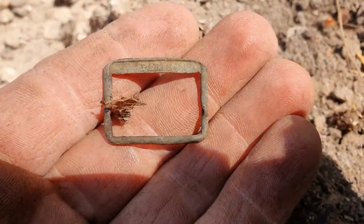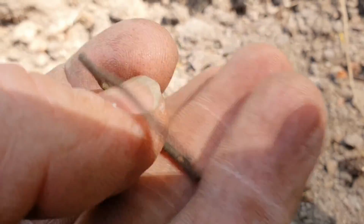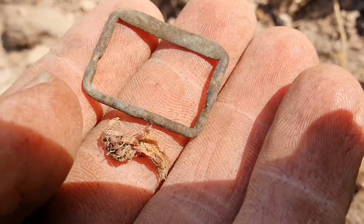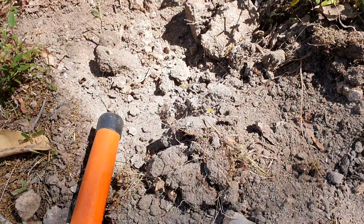You see, written on it, Paris. And yeah, it's just a little tiny buckle. Nothing exciting, but it's still pretty cool. And just here I found a few cogs as well, so obviously off a little pocket watch or something. So yeah, cool. Alrighty, we've been digging around for a fair while now, probably an hour and a half, 2